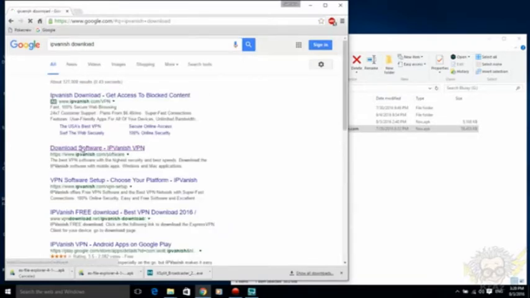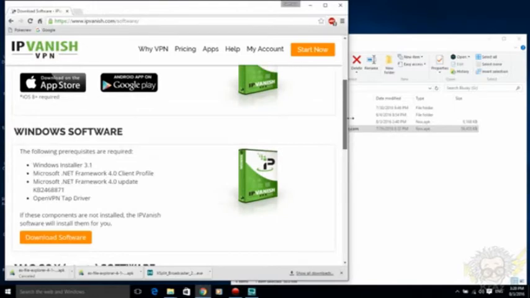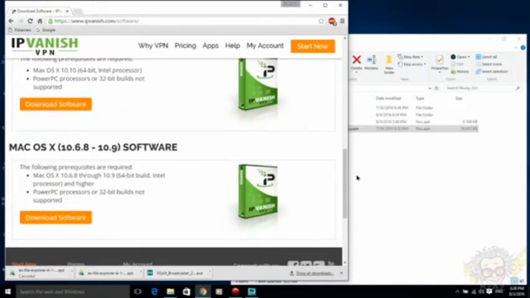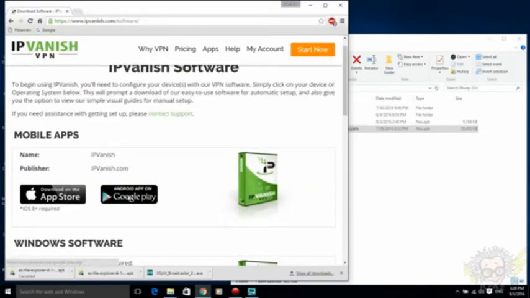Okay, here's the download IPVanish link, and for Windows we can download it. For Mac, okay, there's a couple of downloads. If you go to this link, what happens is,